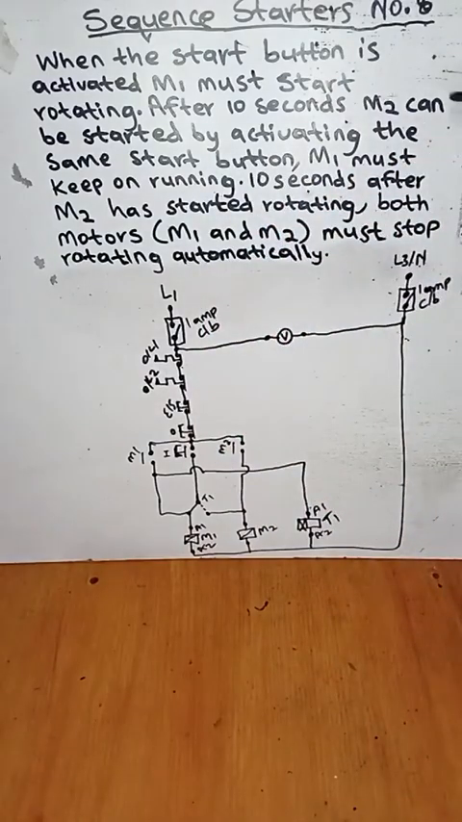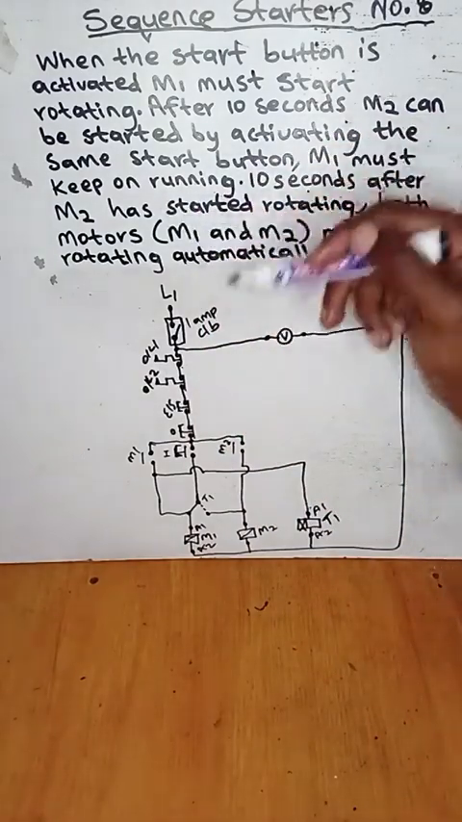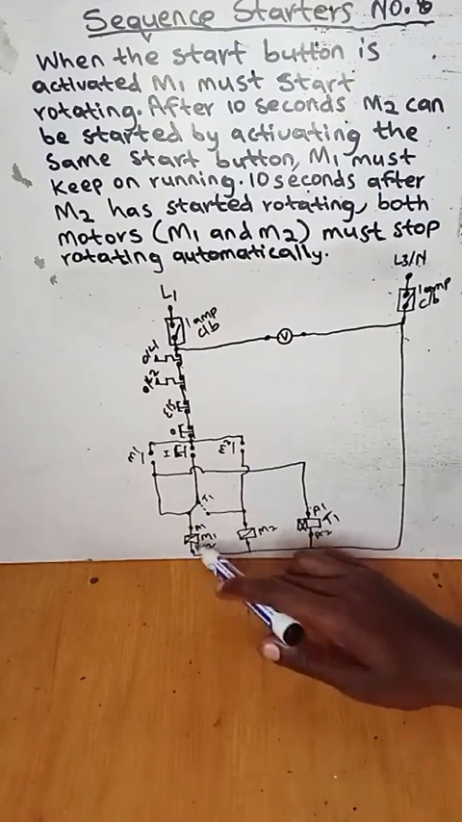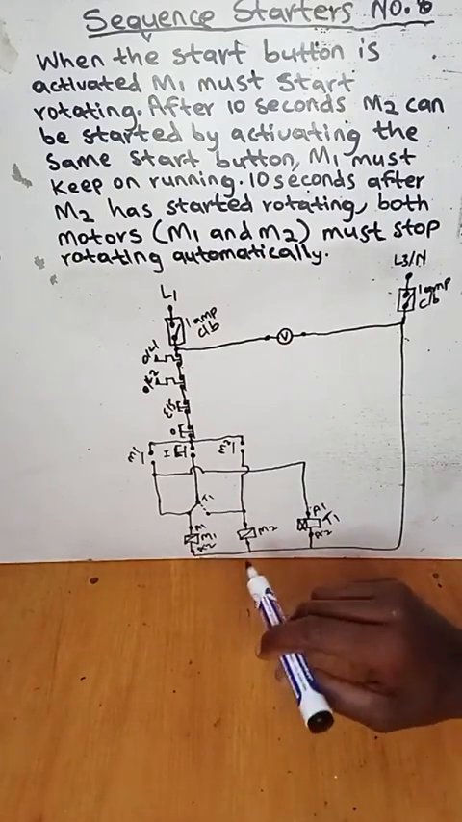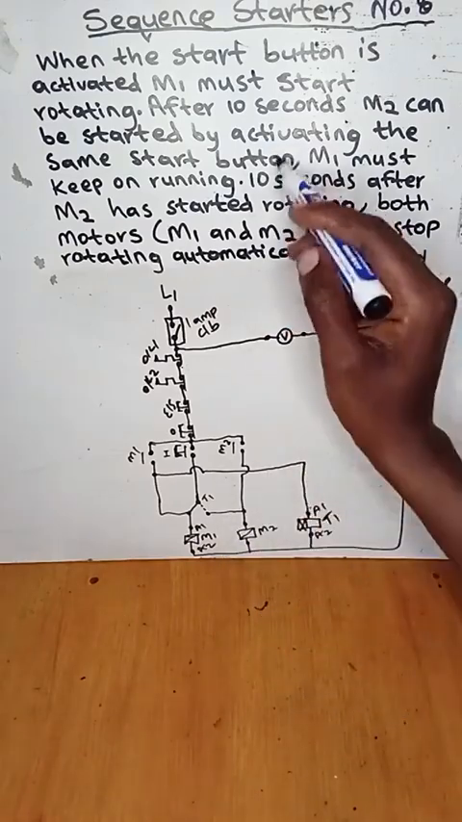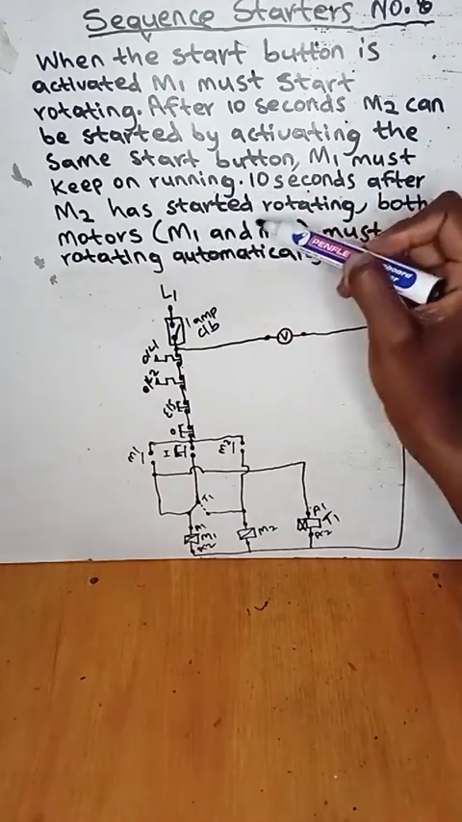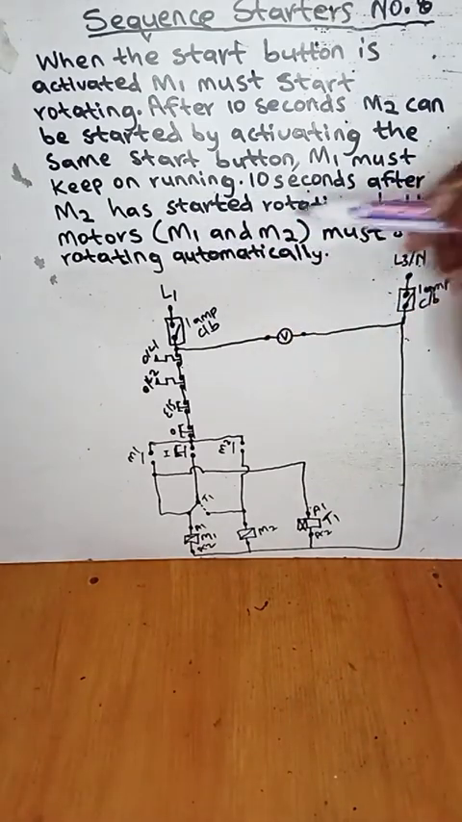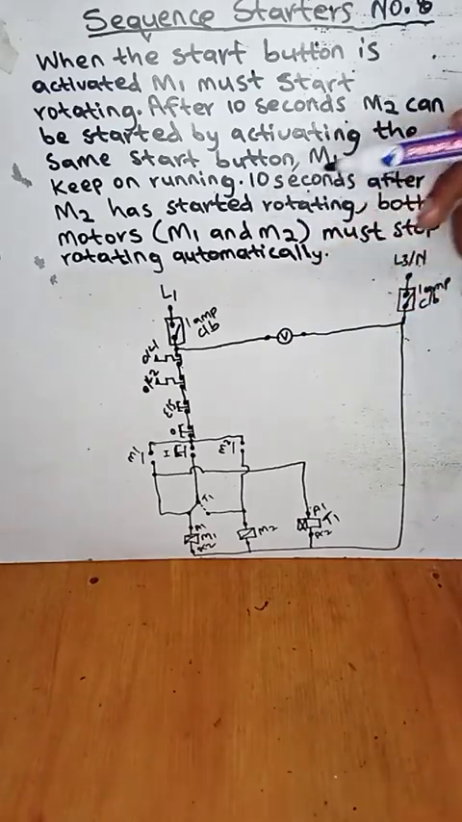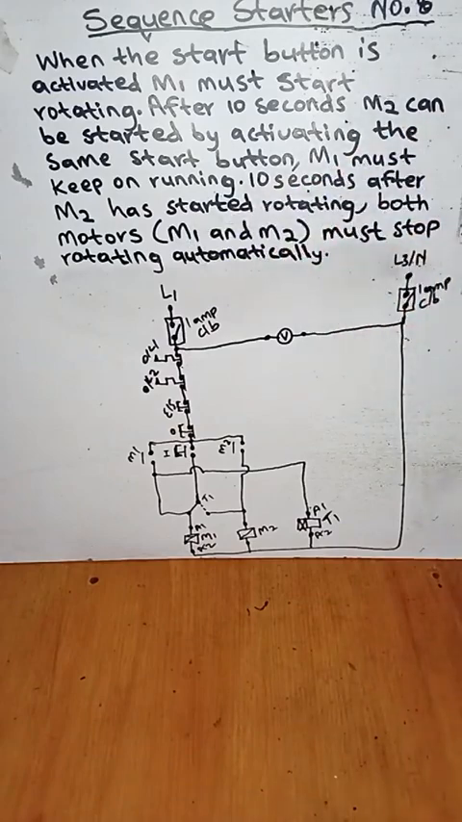So, they said motor 1 must keep on running. Motor 1 will keep on running, right? And they said 10 seconds after motor 2 has started rotating, both motors, motor 1 and motor 2, must stop rotating automatically,